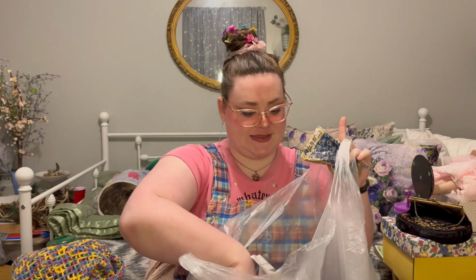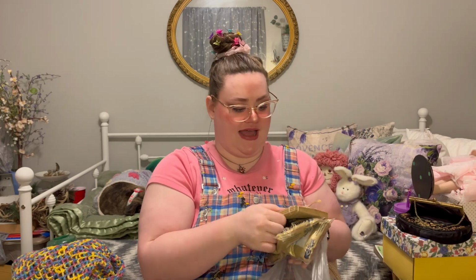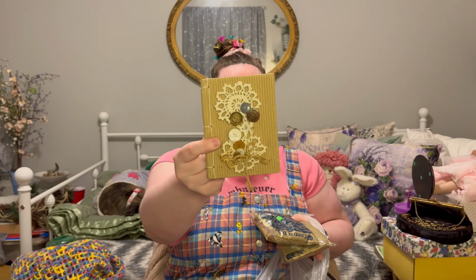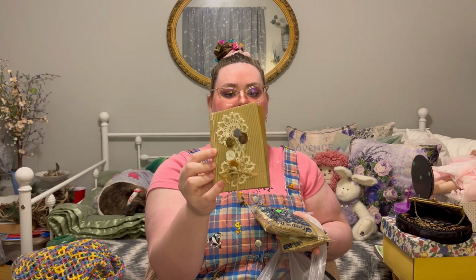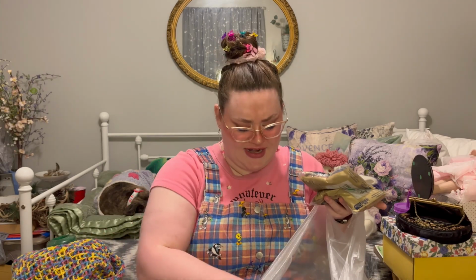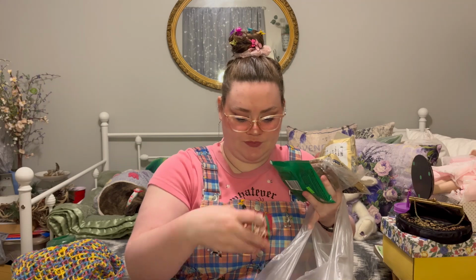So the last kind of stuff that I have, before I move on to delicate things, is I found this notebook for 30 cents. My mom said it was a junk journal, but it's cute. It's really cute. It's handmade, so that's fun. And then I got a bunch of these pantyhose. The reason why I got all of these is because